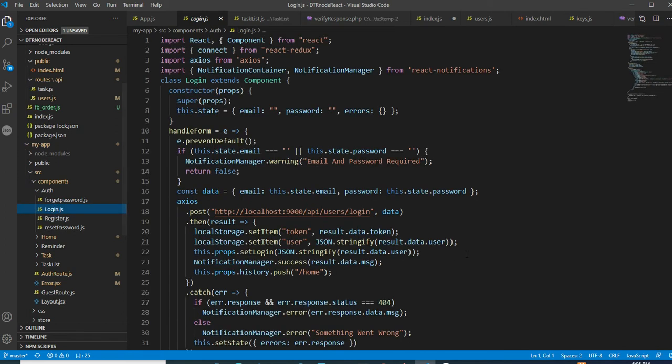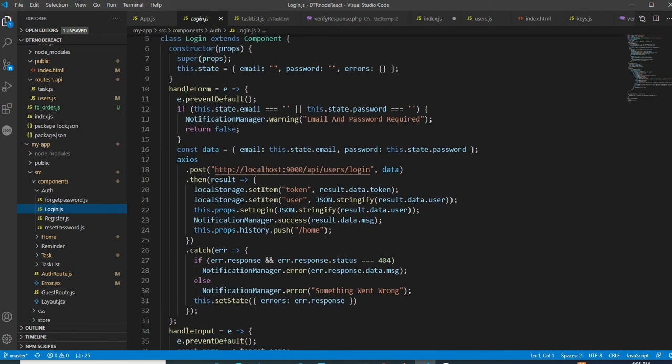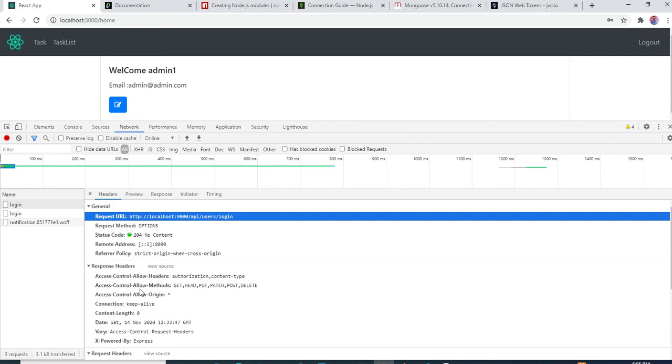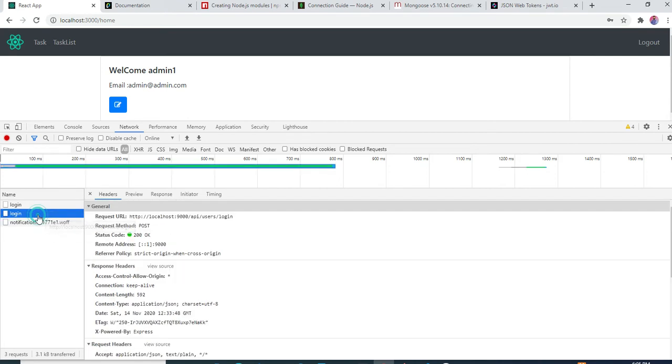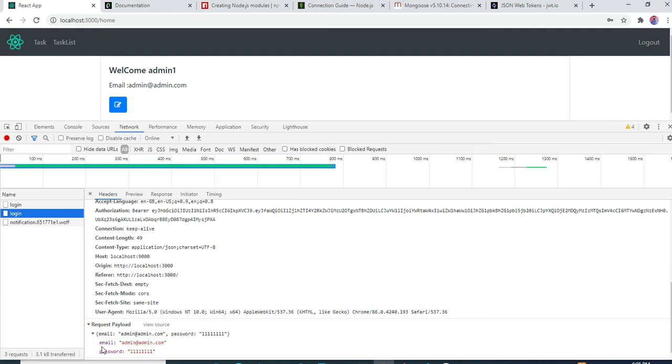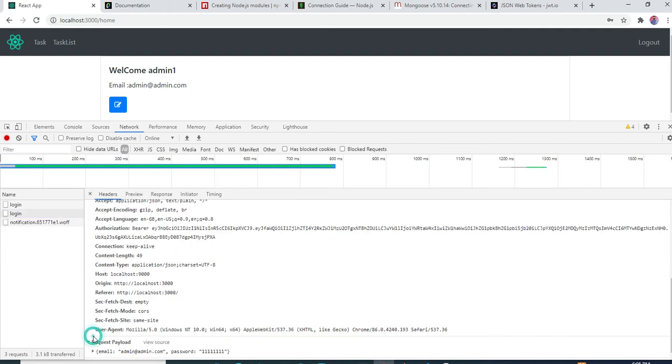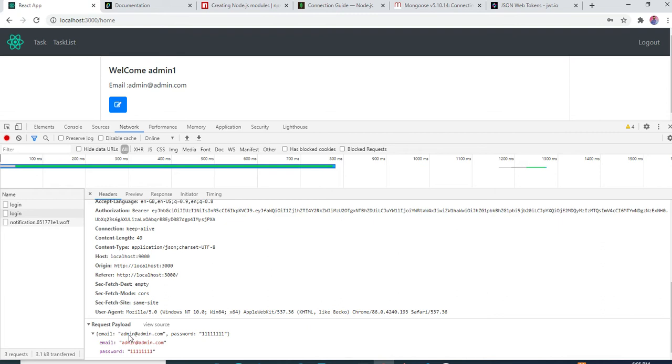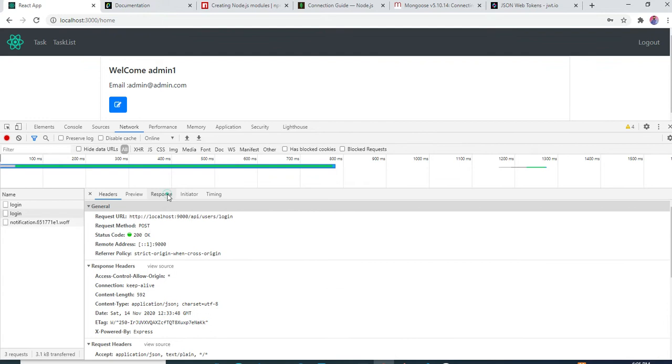In login.js, you can notice that after a form submit, you are adding the token into the local storage, and the user detail into the local storage. You can also see all this passed data, like here you can see the email and the password. So this is for the login, and for the login, email and password are required, and you have passed them and got a response from the backend.